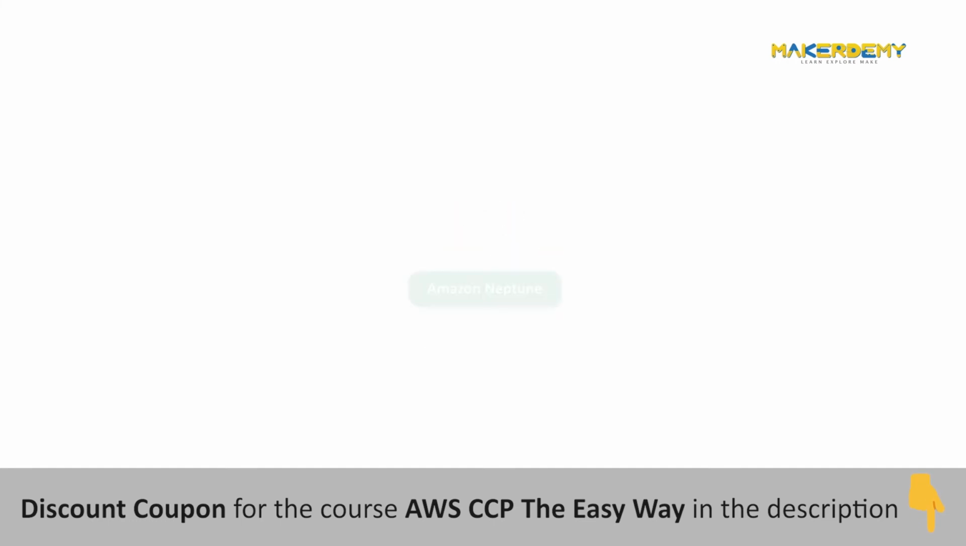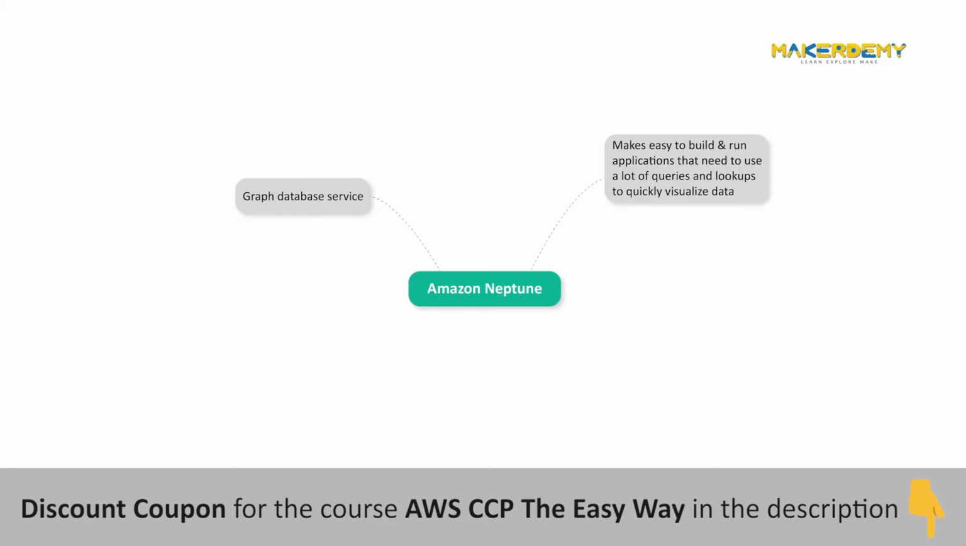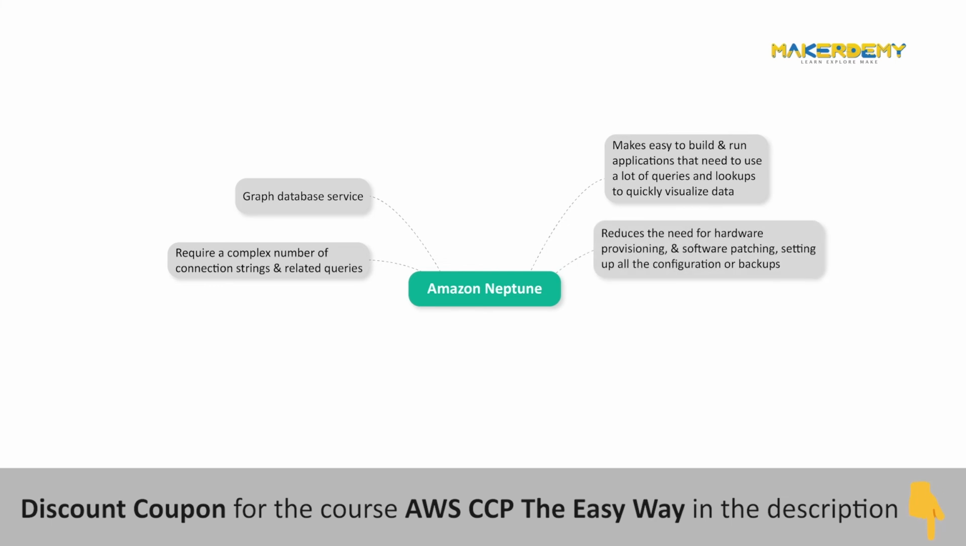Amazon Neptune. Amazon Neptune is a graph database service that makes it easy to build and run applications that need to use a lot of queries and lookups to quickly visualize data. Now, graphing data can require a complex number of connection strings and related queries. So, as a managed service, Amazon Neptune reduces the need for hardware provisioning and software patching. Setting up all the configuration or the backups required generally do get impacted if you have a lot of these queries to run and